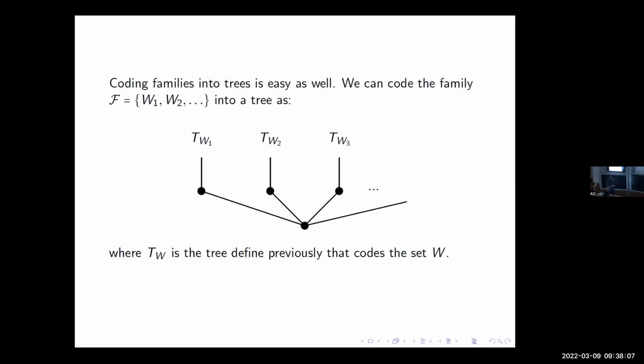What about families? Well, you basically can split, right? The family has a bunch of things in it, W1, W2, and so on. And so you just make a node at the first level for each of those sets. And then you do that same thing we did on the previous slide, coding that particular set into a tree above there. And the point is that the tree doesn't have an ordering on that first level, just like the family doesn't have an ordering on the set. So coding a family of sets and coding a particular tree are the same thing. So for any family of sets, there's a tree where coding is the same. Trees generalize coding families.